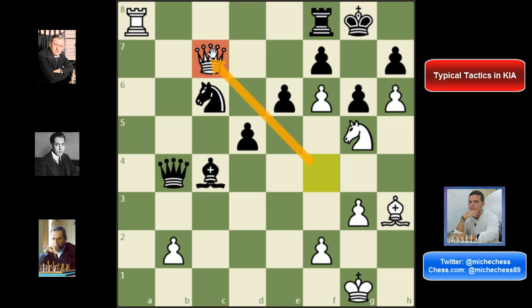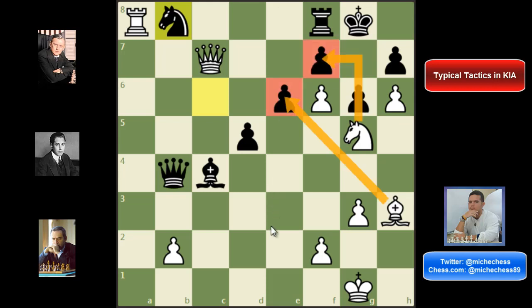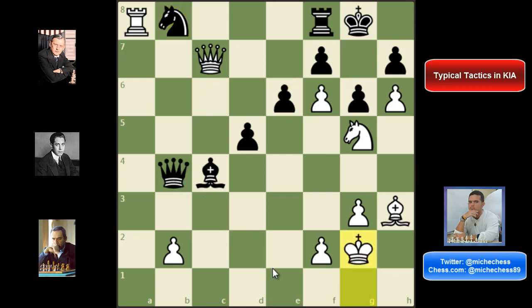The idea is that now there is a very important threat here on f7. Black doesn't have too many options to deal with that threat. For example, if black plays here knight b8, well, here there is this idea of sacrificing here on f7 or maybe on e6, but we shouldn't rush because black has a threat. So we can play, for example, king e2 first, avoiding queen e1 check, but also taking advantage of the queen tied, protecting that knight, so now the queen cannot move too much,